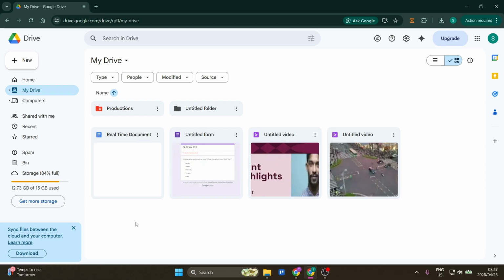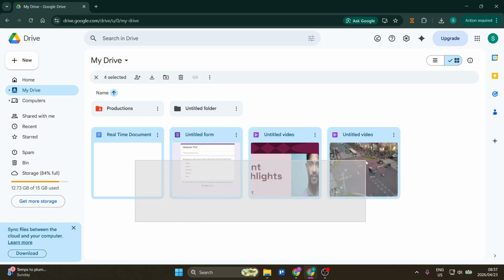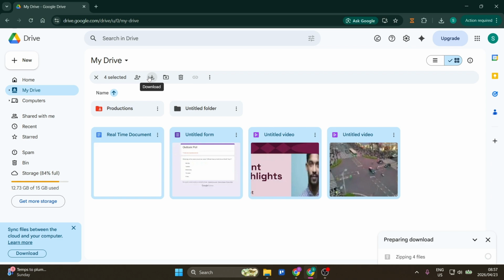But let's say we want to click down and drag over all of these files here. Now you'll see at the top there's a download button there, and you'll be able to download all of these files. Now, if you are downloading multiple files, you will find that it will be downloaded in a zip folder, and then you'll have to extract those files from the zip folder because they're all being downloaded into one